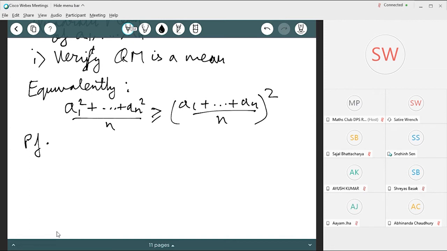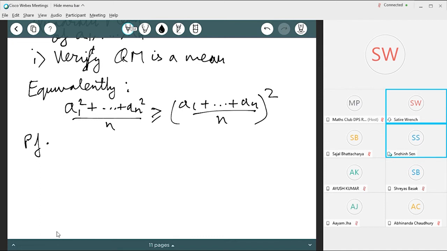Okay. So let me help you out. Yeah. So left hand side should become n into a1 square. So first we cancel out one of the n's from each side, and right hand side should become a1 square plus a2 square all the way to an square plus 2 into